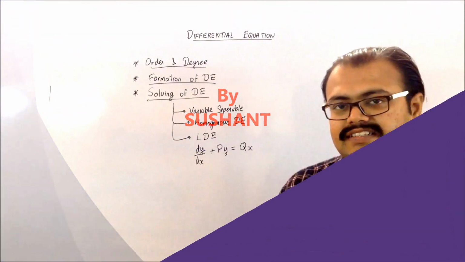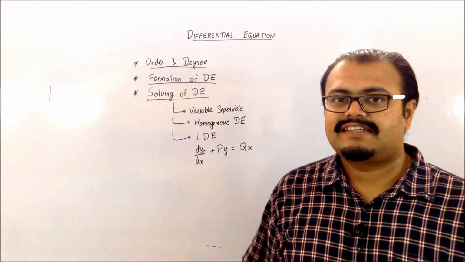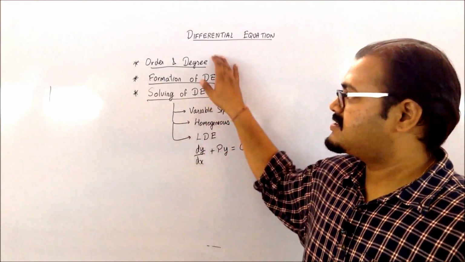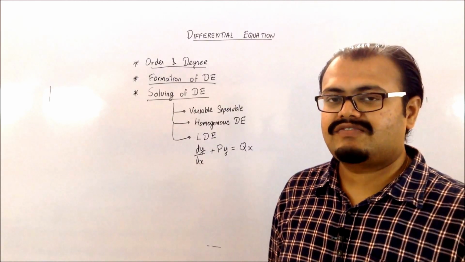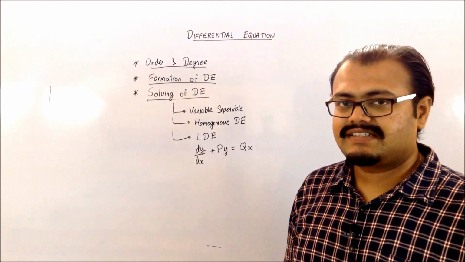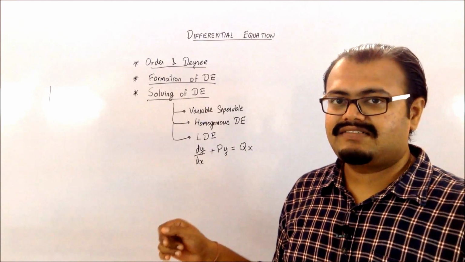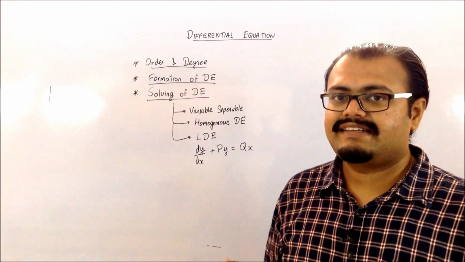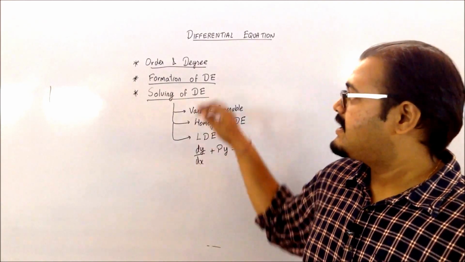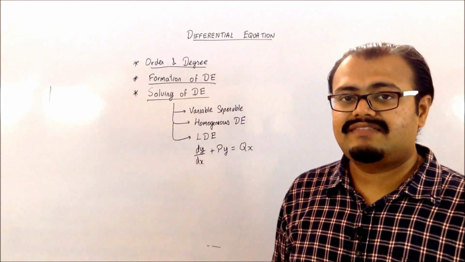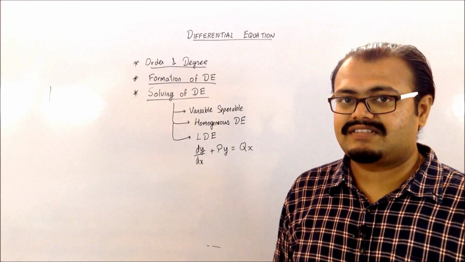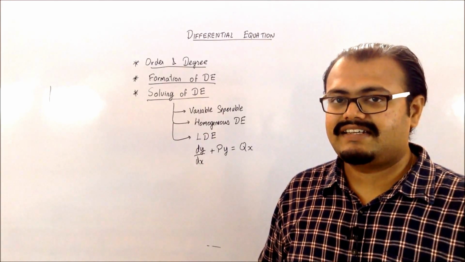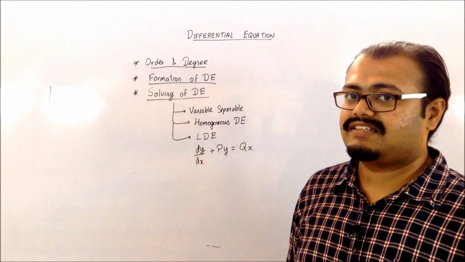So my topic, which is differential equation, will be bifurcated into three parts. So the sums will be based on only these three sections. That is, first one is finding the order and degree of a differential equation. So order means basically the highest derivative which has been taken in that equation. So if you have a d square by dy square, then your order becomes 2. Now the degree will be the corresponding degree for the highest order of that equation, like the highest derivative which has been taken in that, its degree is going to be my degree of the differential equation.